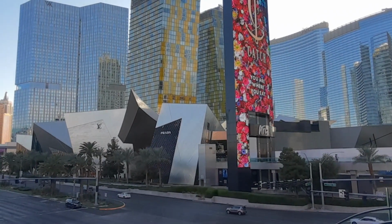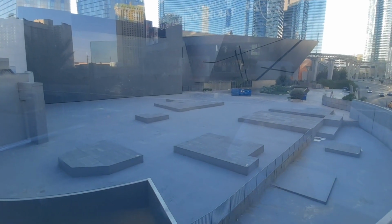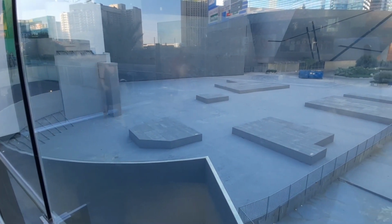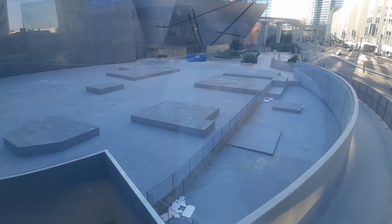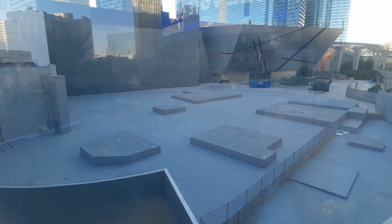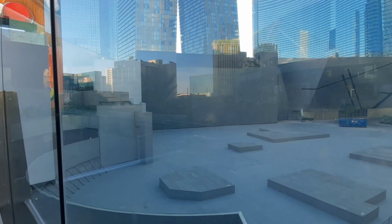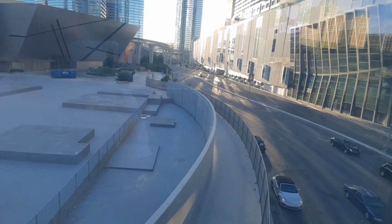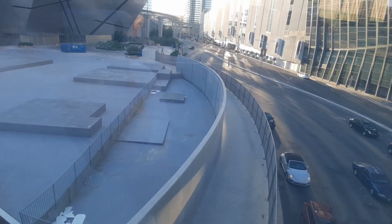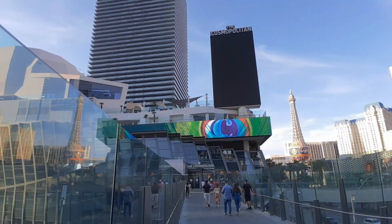inside the City Center. Hello everyone, I'm at the City Center, and I just wanted to show what was left here of the Harmon Hotel. This was the new hotel that they had to tear down because of construction defects, and basically the only thing that they have left here is the concrete foundation, and this is just right next to the Crystals shopping center here. And from the street you really can't see this area because they have what looks like a giant concrete wall right there off the street, and I'm just on this pedestrian bridge here that connects over to the Cosmopolitan